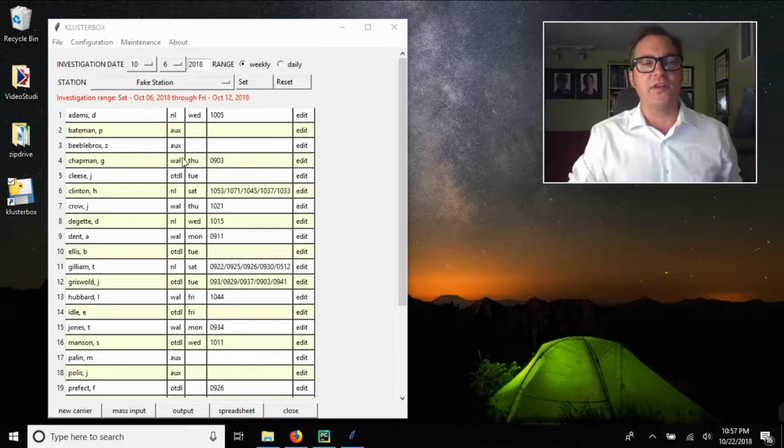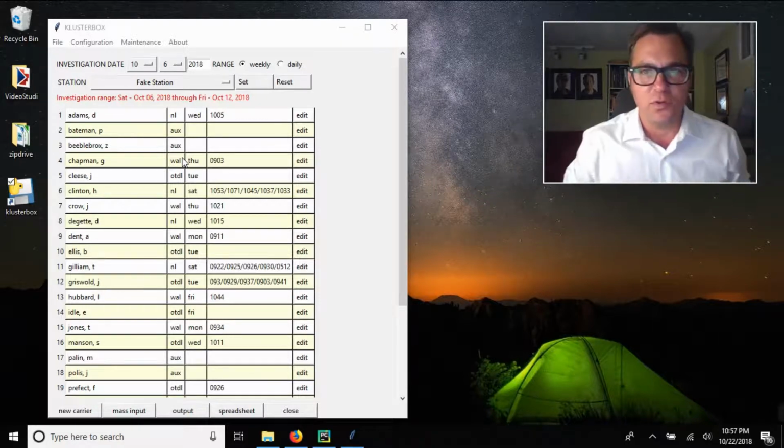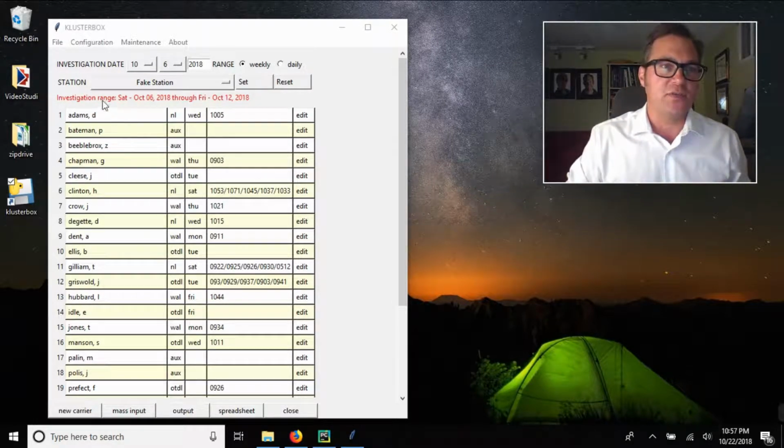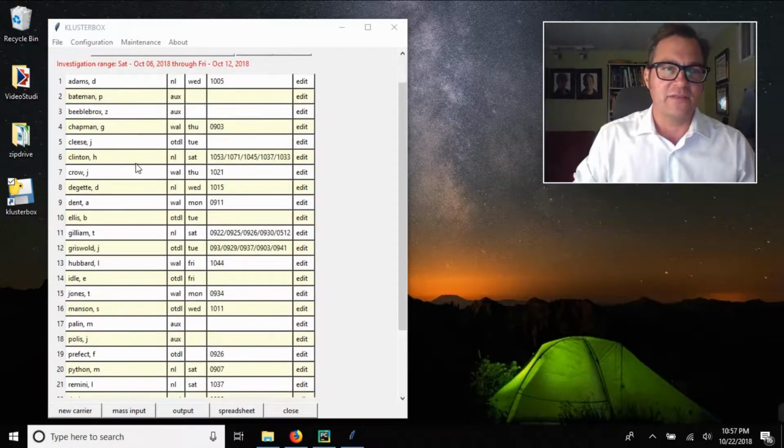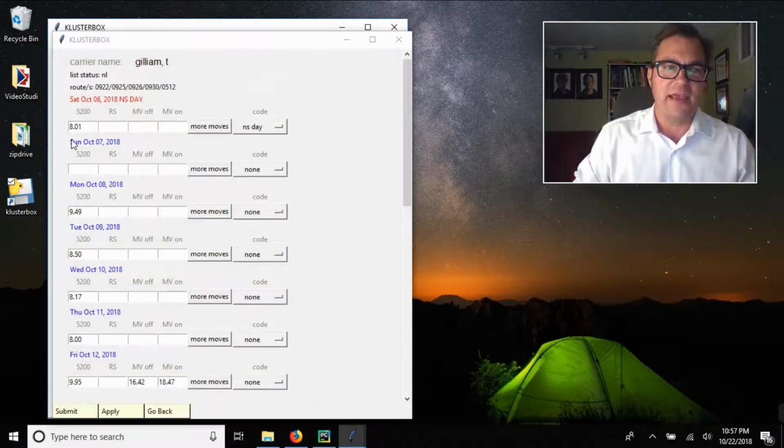Now, the first thing you're going to want to do as you're going through your employee everything report is find the first name of a carrier on this list. So you'd scroll down and you'd click, say the first name is Gillum. So you'd click that name and up pops this screen. Now this is where you enter in your clock rings,